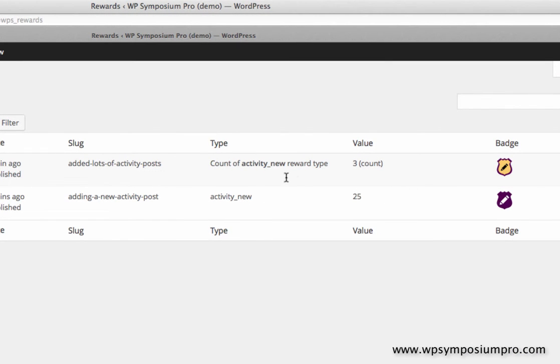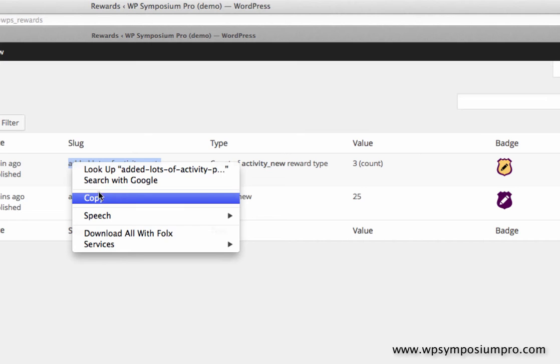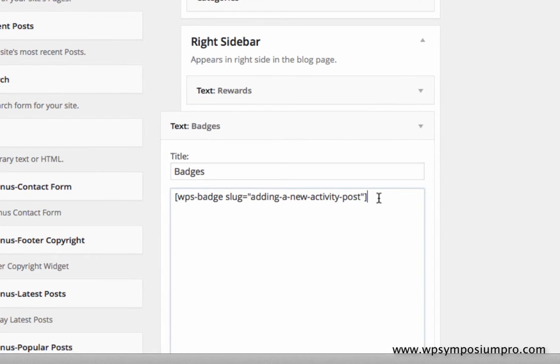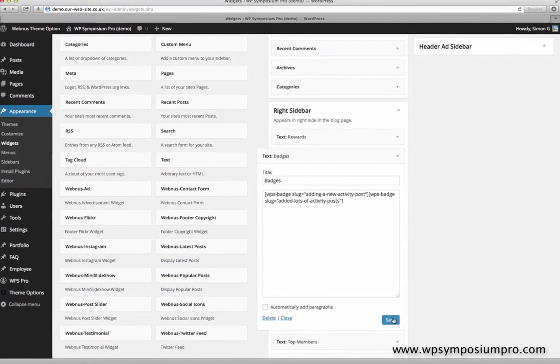And there it is, and you can see here the badge, and you can see here that it's a type count of activity new, which relates to our other reward. Just going to copy that slug here, and doing this so that I can add the badge just like we did before. So I go to my badges widget, and just like before, WPS-badge slug equals, and then the slug of my new reward. And you can see here why we can have lots and lots of rewards and lots of badges. But we now go back to our profile page,